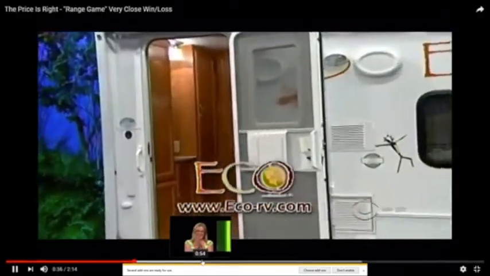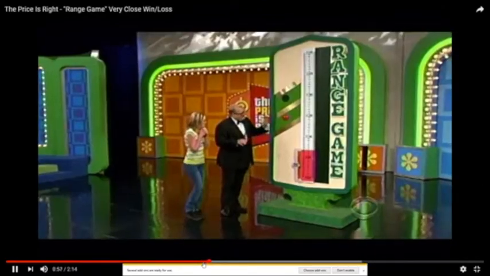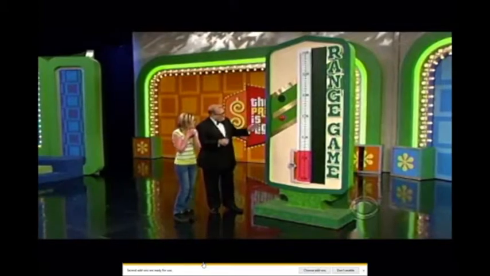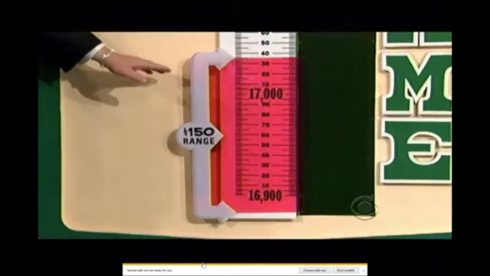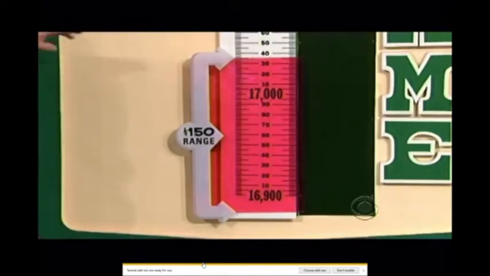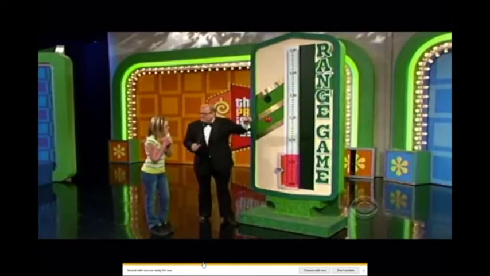Manufacturing a 14.8-inch ultralight RV designed for. We'll skip the details of the argument. And here's what we're going to play, the range game. We're gonna play the range game again. This little red area is going to keep going. Confidence interval, slowly. $75 margin of error. The price of the, what do you think happens?